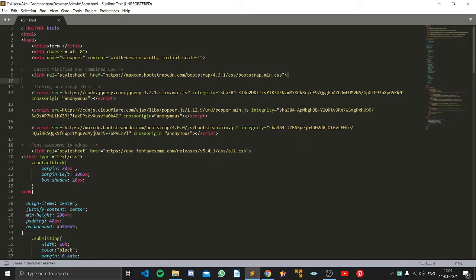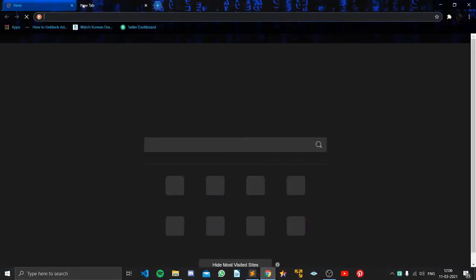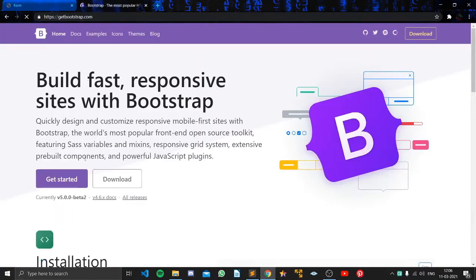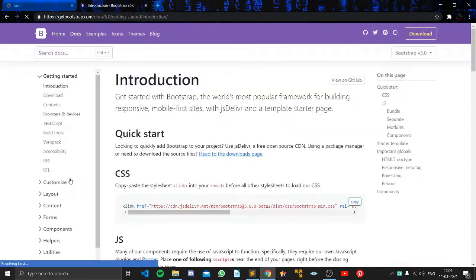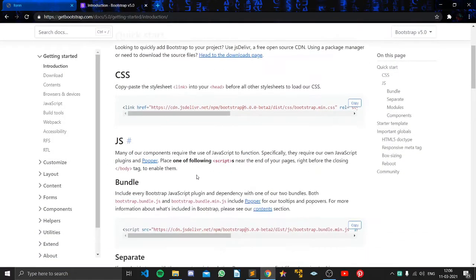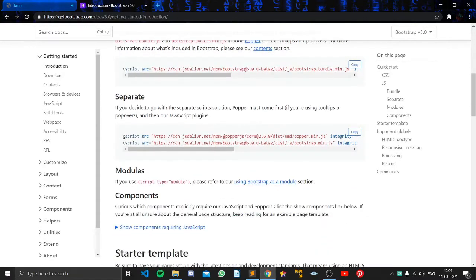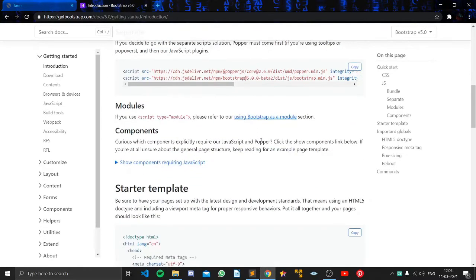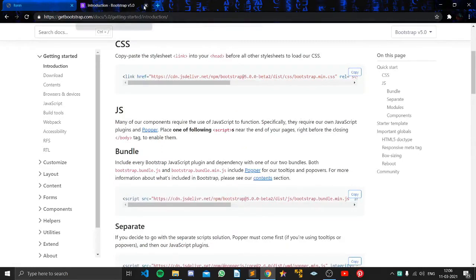Here I have linked the latest combined CSS version. The link will be in the description. Then here I am linking the Bootstrap scripts. We can get it from the Bootstrap website, and with this you can even download it and paste it in a single file. I will show you in the next video. Now we can directly get this link. Here there are two separate links. You can copy this and paste it there. I have given this link in the description.